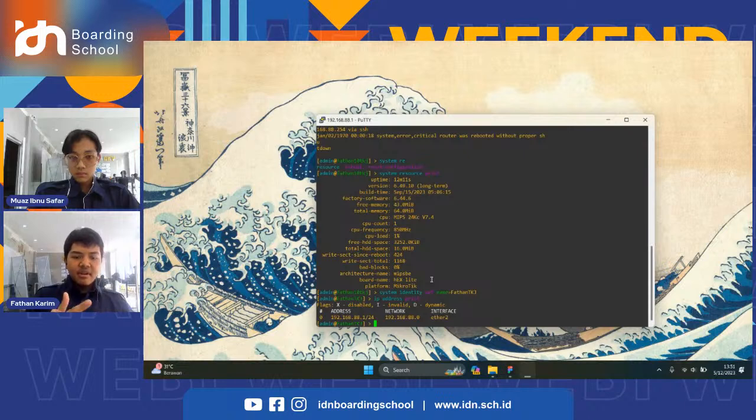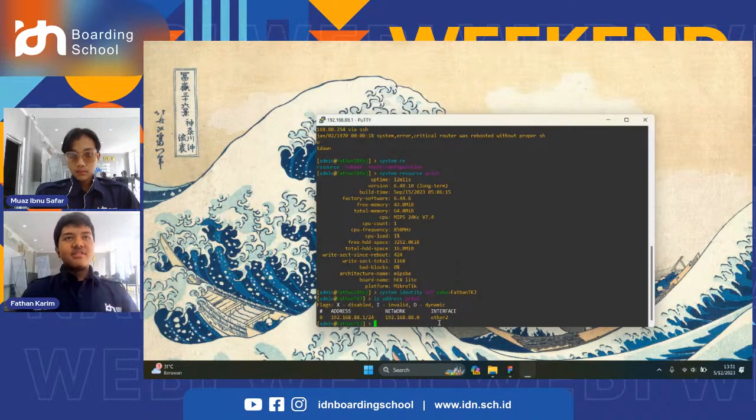And if you want to remove an IP, you call ip address remove and choose the number of the IP address you want to delete. For example, if I want to delete this address, you call it 0. But when I execute this command, PuTTY will be disconnected, so I don't want to. Okay, so that's the example for the CLI.